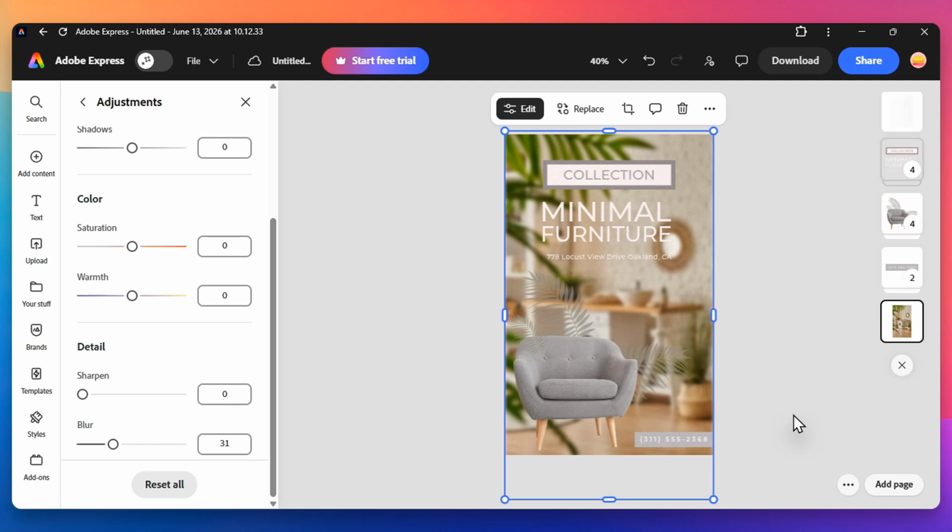This simple adjustment draws the eye directly to your foreground elements and makes your text much easier to read. It transforms a busy photo